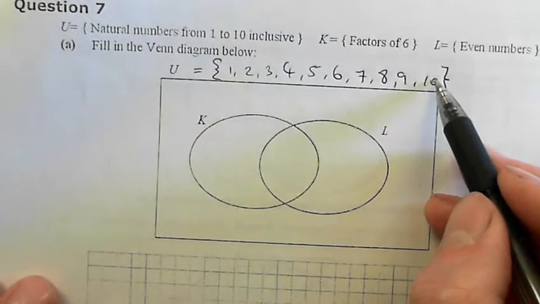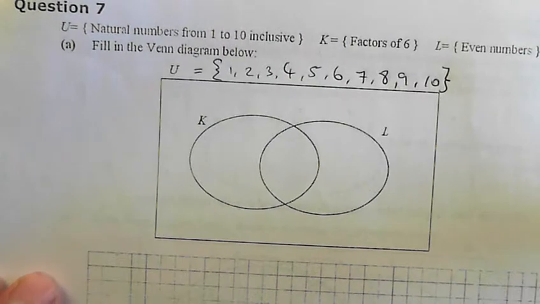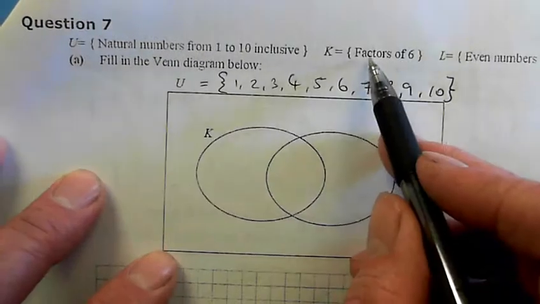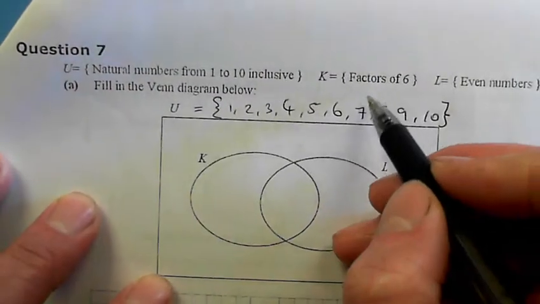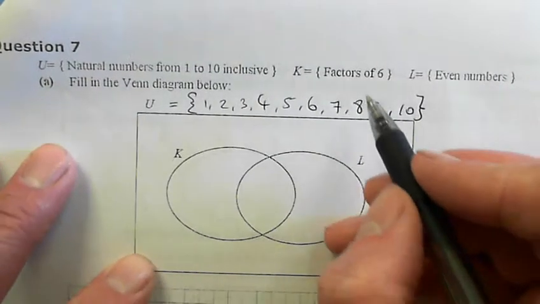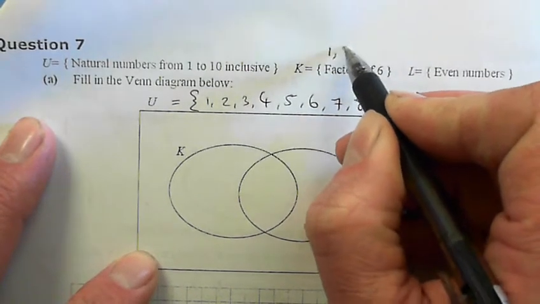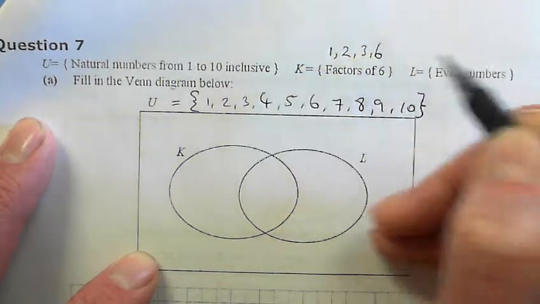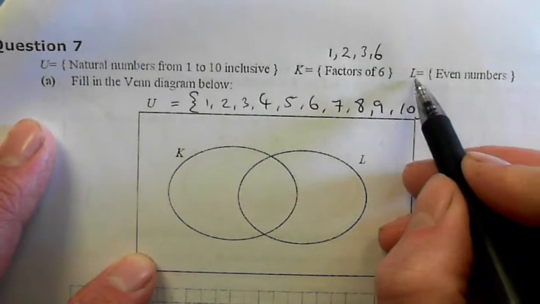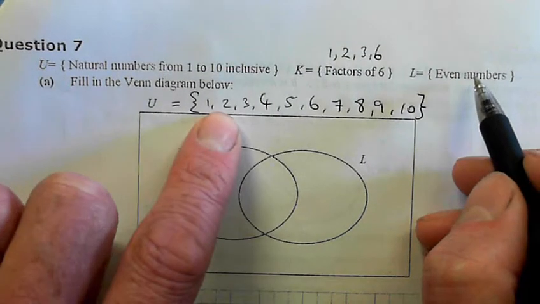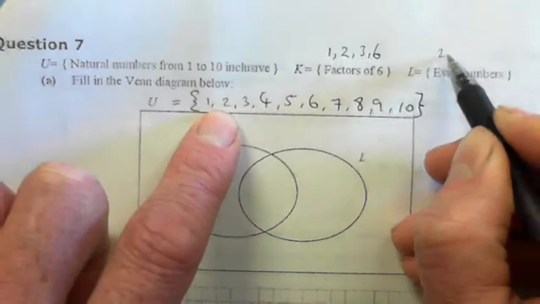So all of these elements are inside this box. K are the factors of 6. What are the factors of 6? 1, 2, 3. Yeah, numbers that divide into 6. 1, 2, 3 and 6. L are all the even numbers. 2, 4, 6,